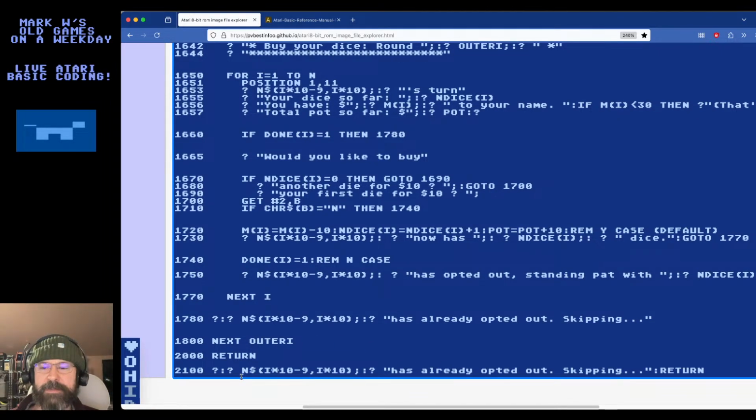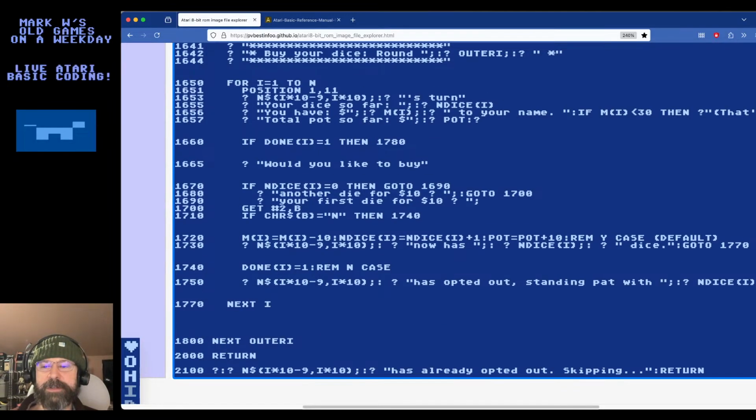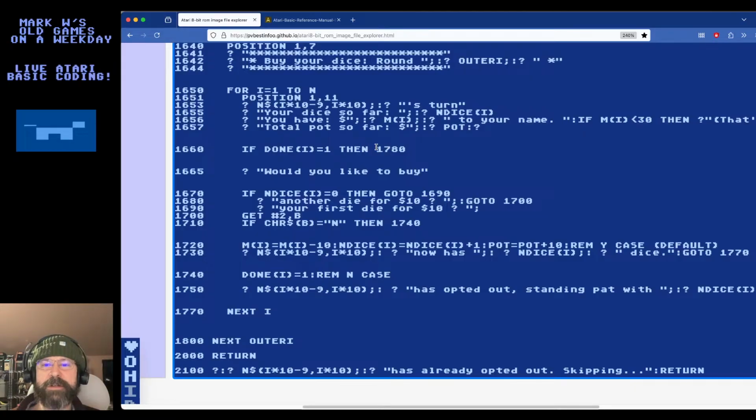All right, so now this is going to be a subroutine we can call. We can get rid of this nonsense. Whatever I was thinking there was broken. So we're going to say go sub 1780. That means it's like a go to. Oh, sorry, it shouldn't be 1780. It should be 2100. And this is going to go down here. Print this stuff saying that this person already opted out, skipping. And return is. Oh, now I'm getting the flaw in my logic. I want to skip this person, not give them the prompt. I want to print they've already opted out and skip them entirely, which I can do by